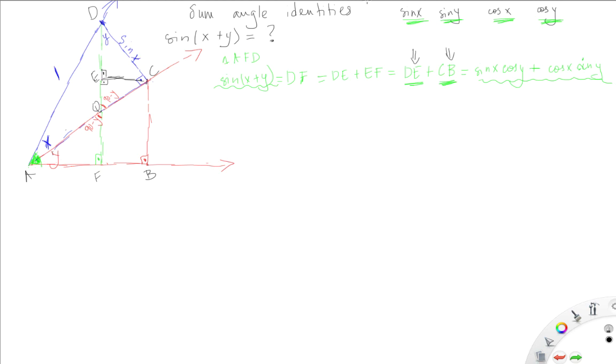The sine angle identity. And this time what we're going to work with is the cosine angle identity. So we're going to look at cosine of x plus y, and we want to express it in terms of sine of x, sine of y, cosine x, cosine y. Now, if you notice in the green triangle AFD, so we're looking at triangle AFD,